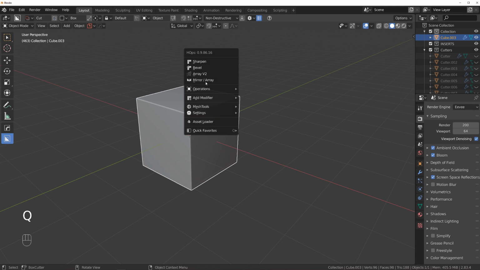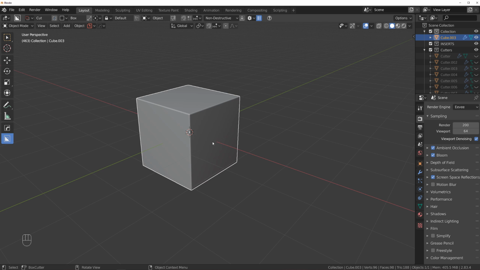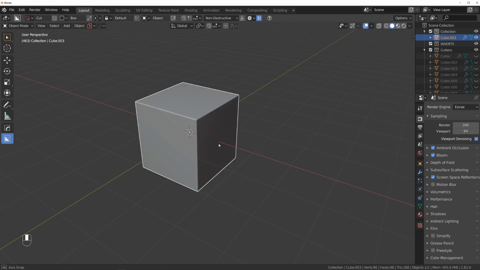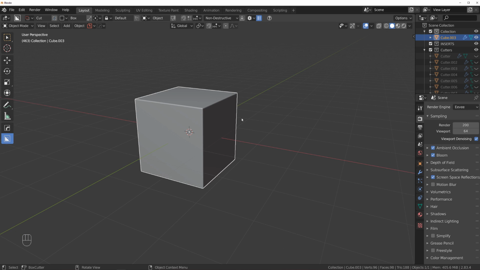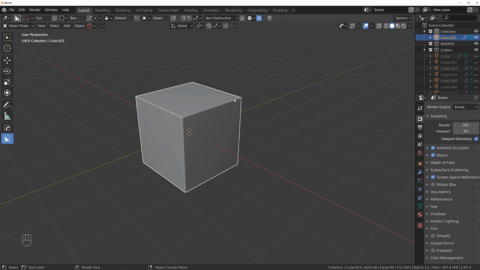So play with the basics and then move on from there. You don't have to learn everything at once. You can just go easy through the process and start with the basics. But once you start using Hardops, you understand how fast you can move through your modeling process, which will become more intuitive and more artistic in a way, because you don't have to think about or pause your creativity,